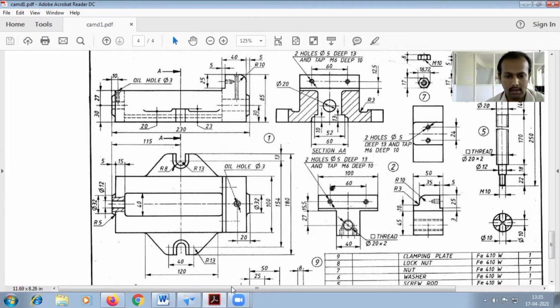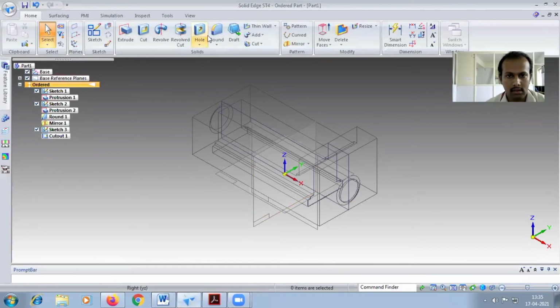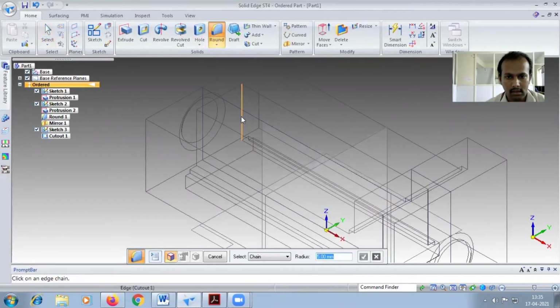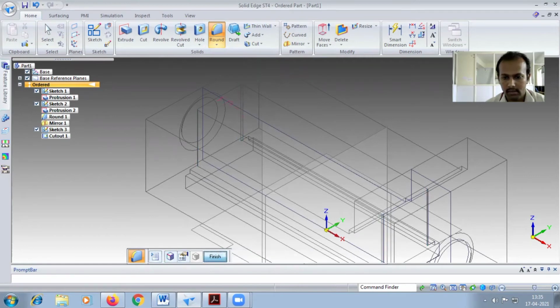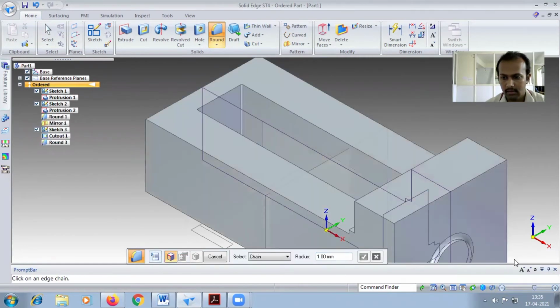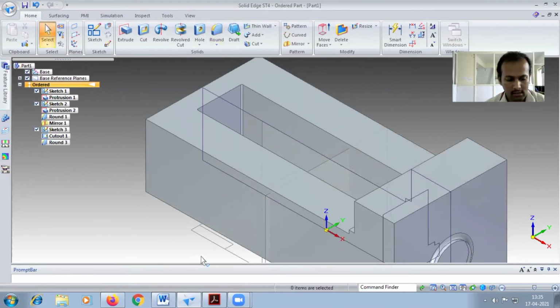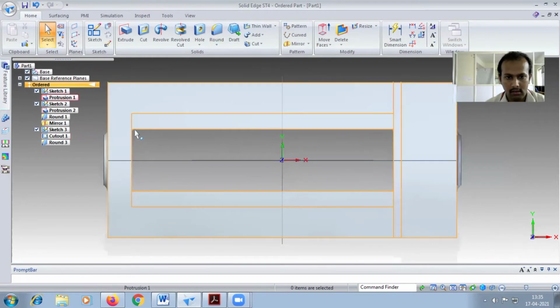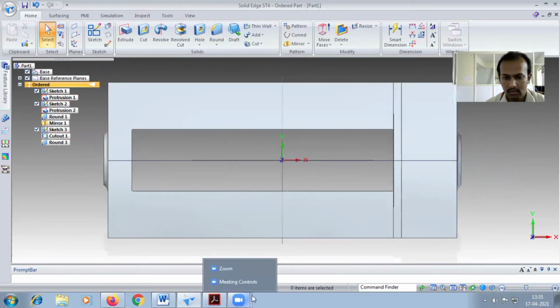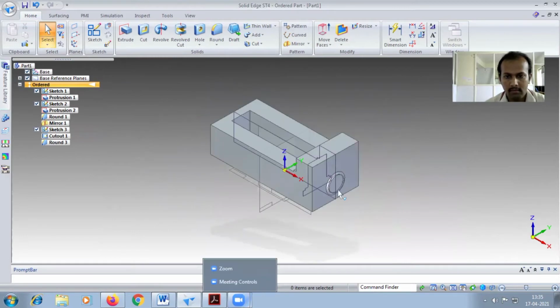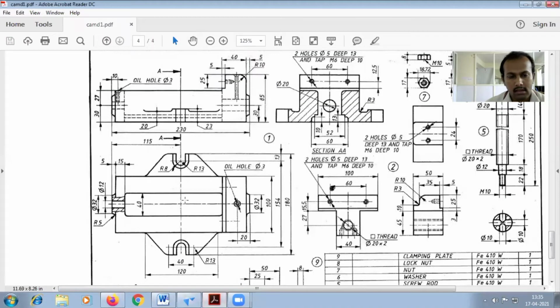Look, the radius 1 or 2 you can give. So here I have given 1, choose the round, choose the vertical lines. So 5 is given, so I have given 1. Okay, round is over, preview, finish. Okay, again you have to go for the top view, check the top view, Control T. Okay, so now we can look at the round. If it is not enough, you can give the radius 2. Okay, so Control I, you will get the isometric view.